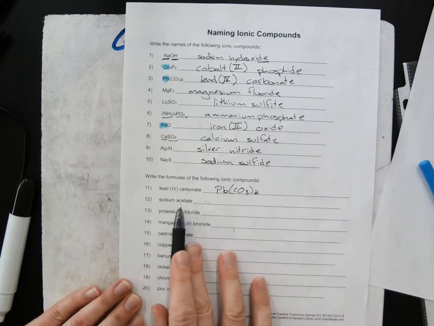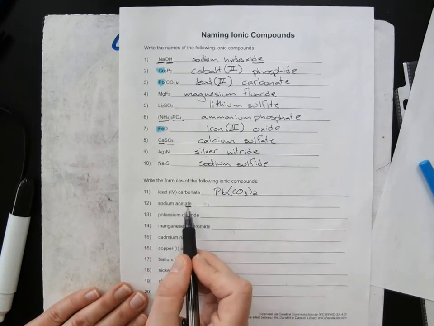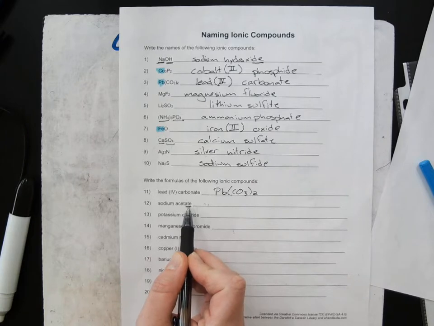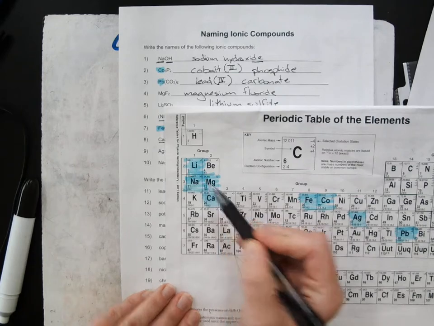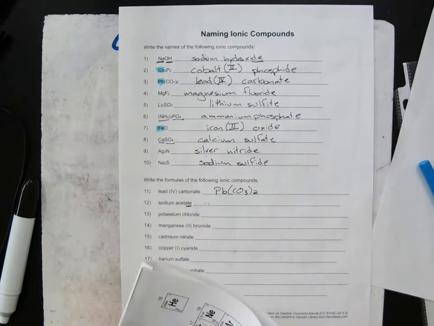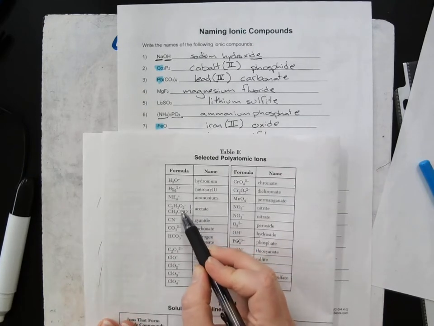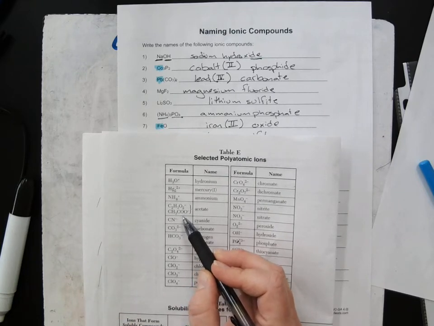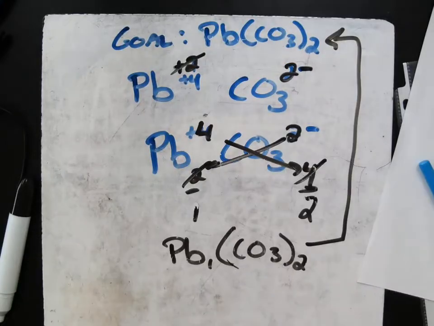Let's figure out these formulas. Sodium acetate. Now, this does not end in IDE, so maybe it's a polyatomic ion. I know sodium is a +1, but acetate is that or that. You'll notice they're actually the same. They both have 2 carbons, 3 hydrogens, 2 oxygens, and a -1 charge. So if I put them together,